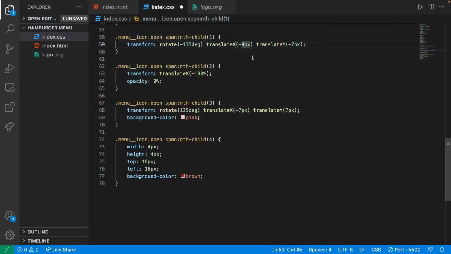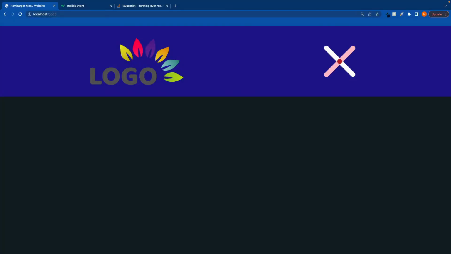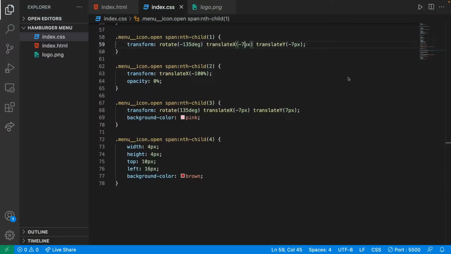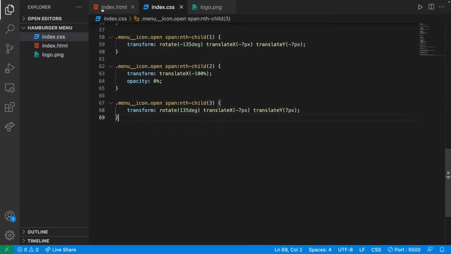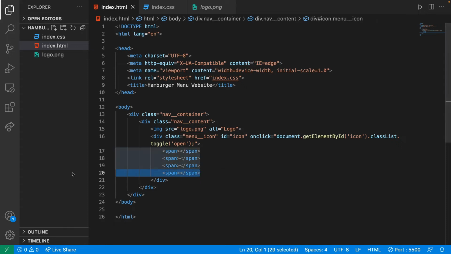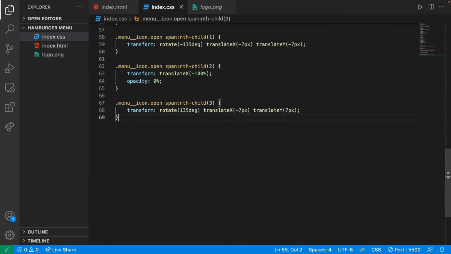Try them both at 7. Might also be wrong. But that looks right actually. I think that's probably the correct one. So now what we can do is get rid of this pink, and get rid of this fourth child and remove it. So now what we have is this,